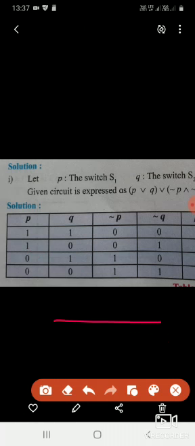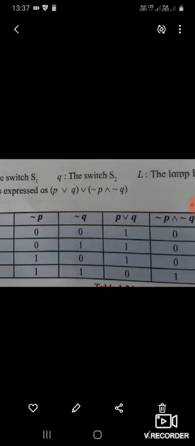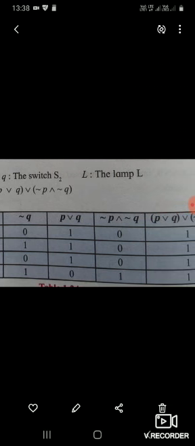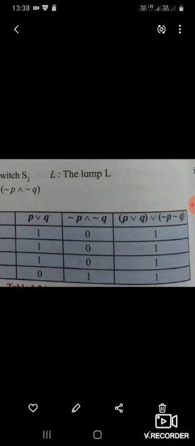After negation of P and Q, to prove this one, P or Q we need. P or Q means the table of disjunction, and negation of P and negation of Q. This one also by using the AND table we will finish. Then the table: everything is 1. Everything is 1 means it is true. All the statements are true means tautology. It is full of true.